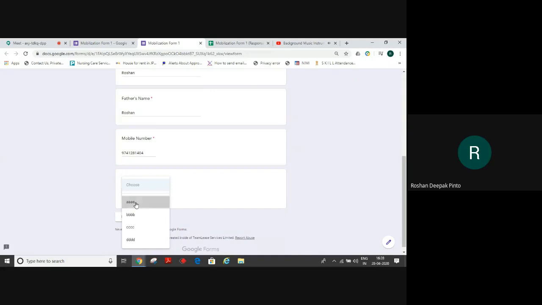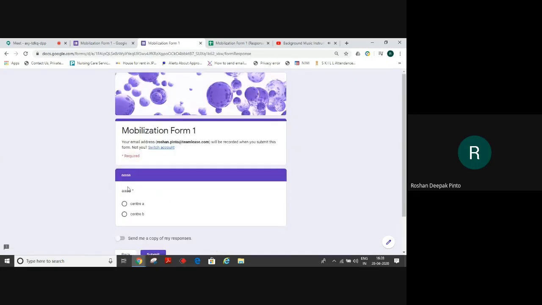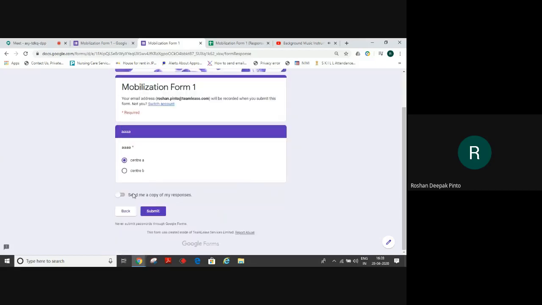So I select the state and do next. So now you see here, it has gone to the state that I have selected, and there are two centers in it. So I select the first center. If you want a response notification to come to your mail ID, you can check this, send me a copy of my response, and then submit it.